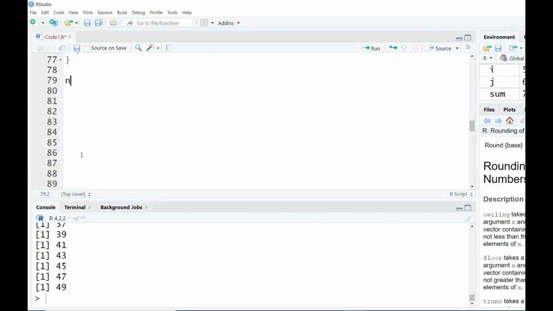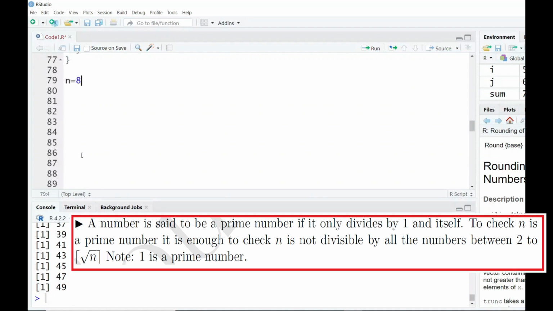Next we will check whether a given number is prime or not by using a while loop. Here we input the number n equal to 811 and we'll check whether this is a prime number or not. A number is said to be a prime number if it's divisible only by 1 and itself. To check n is a prime number, it is enough to check n is not divisible by all the numbers between 2 and the square root of n. If the square root of n is not an integer, then we can take the nearest greatest positive integer, which is also